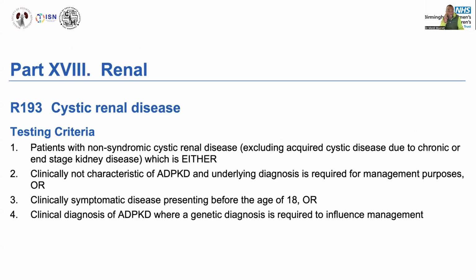And now I just want to talk a little bit about genetics, because we sometimes, when we are following up these cysts, now have the potential to do renal genetics. And in the UK, in England, we have a nationally commissioned service which enables us to do genetics insofar as the patients meet a certain criteria. So the patients who are non-syndromic, who have a renal cystic kidney disease, which excludes any acquired cystic kidney disease due to chronic end-stage kidney disease,